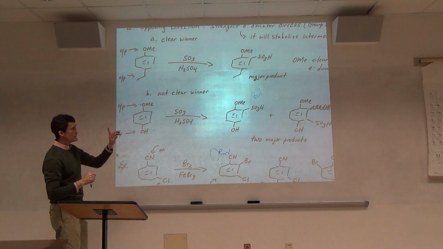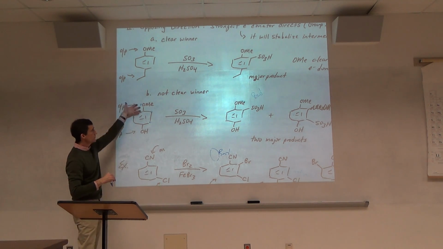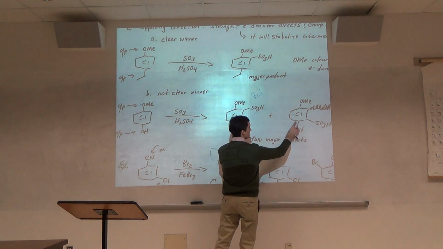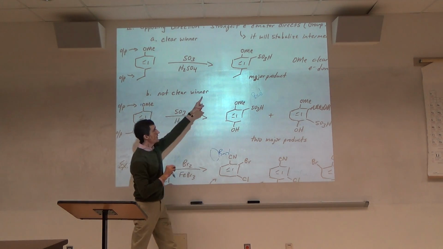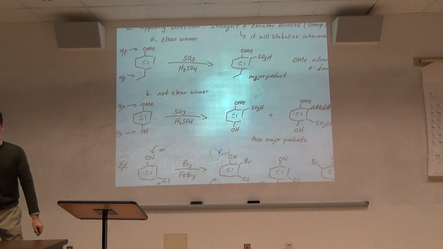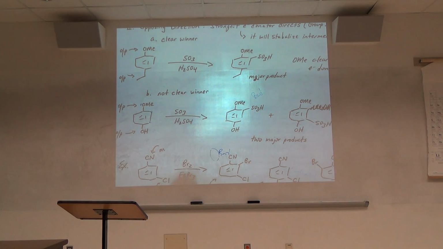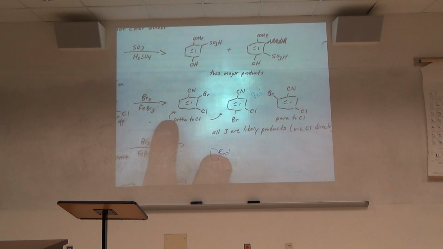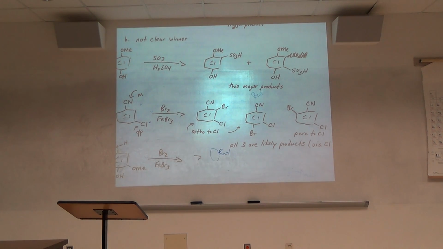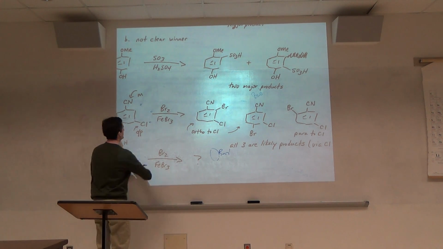In general, there's going to be probably 2 major products because there's not a clear winner. They're both group 1. Here you may indeed get 2 major products, where up there you may get only 1 major product. Here's another example. If you take this compound, brominate it,